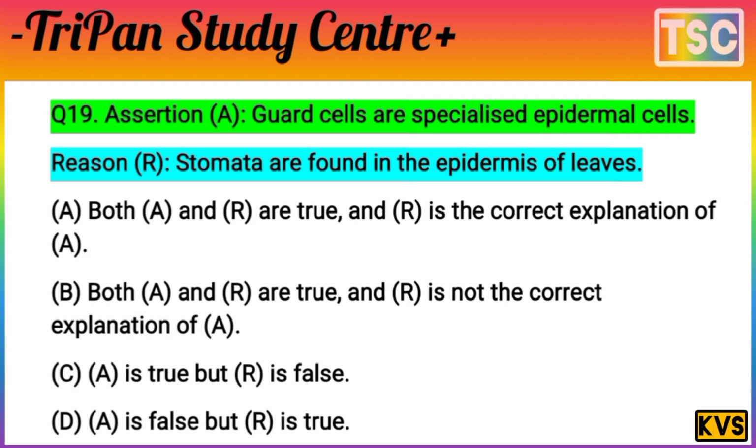The next question on your screen. The assertion here says, the guard cells are specialized epidermal cells. You know that guard cells are specialized epidermal cells. And the reason here is, stomata are found in the epidermis of the leaf. You know that question is very interesting. And the meaning here,